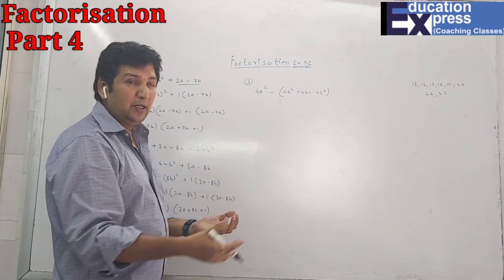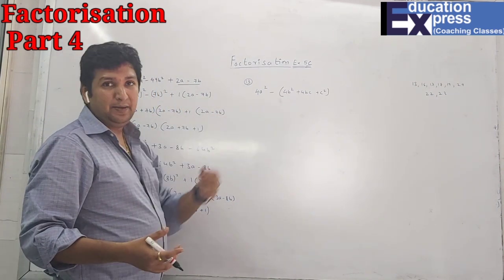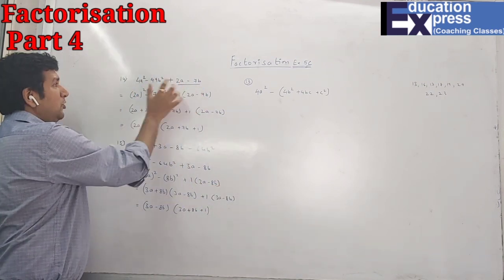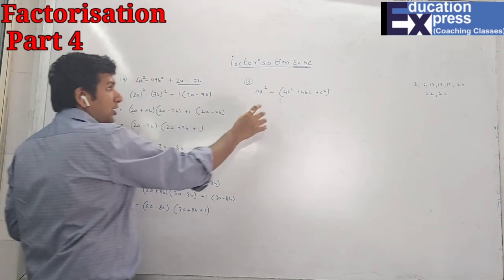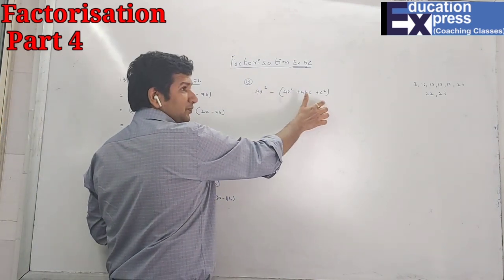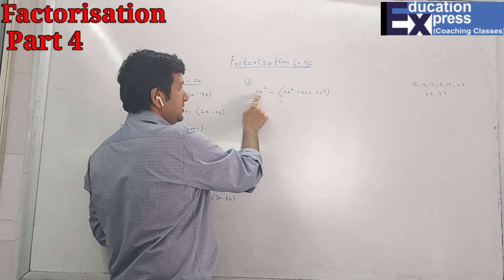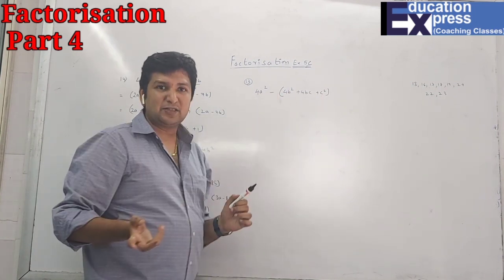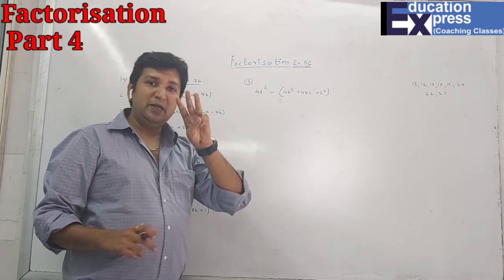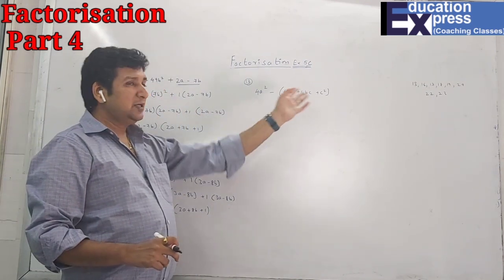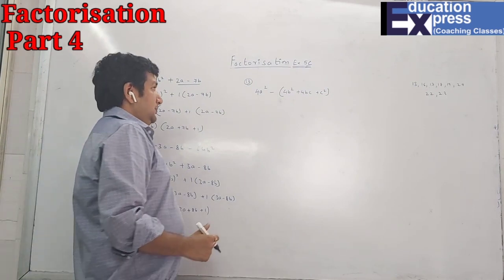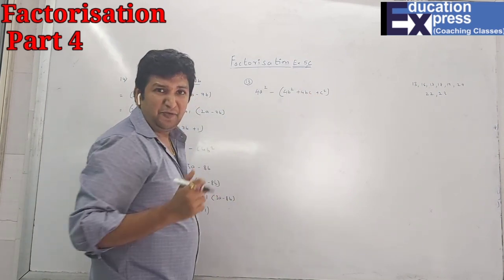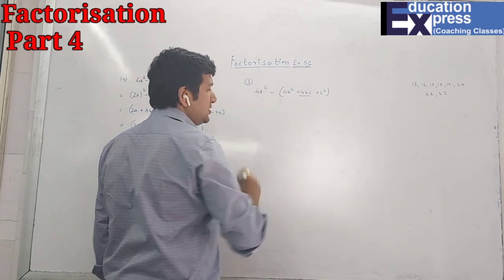So now how will you come to know that this type of question belongs to this category? Here you can see there were 4 terms, 1, 2, 3, 4 and only 2 numbers have a perfect square. Here out of the 4, 3 numbers have a perfect square. This is not a perfect square because 4 is a square but b and c don't have a square. Hence out of 4, when 3 numbers have a perfect square, we will be using this concept. So here 1, 2 and 3 have a perfect square. The number which doesn't have a perfect square is 4bc.